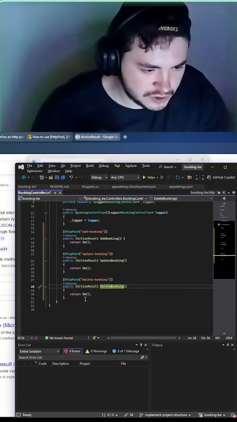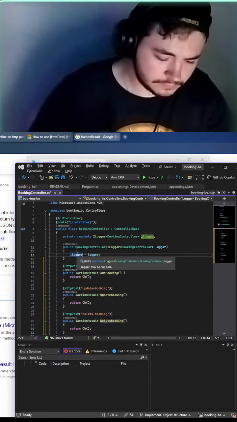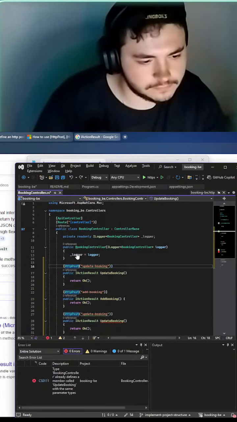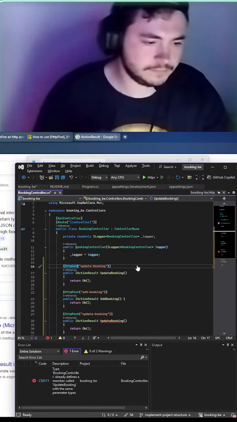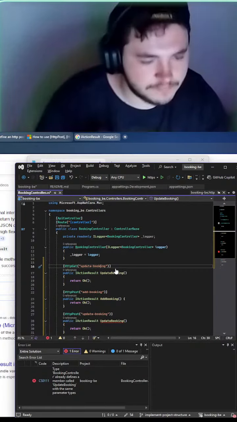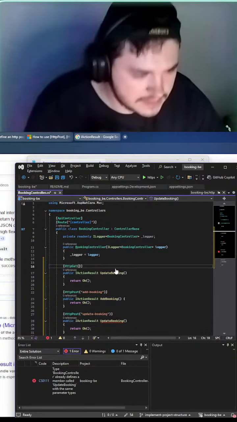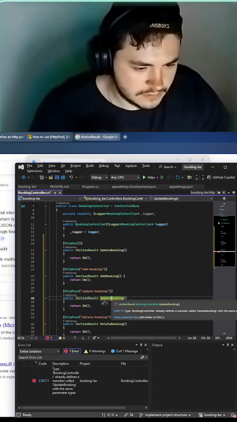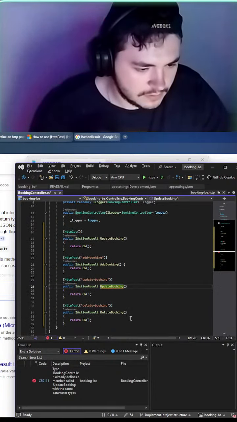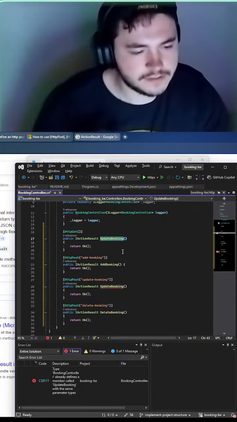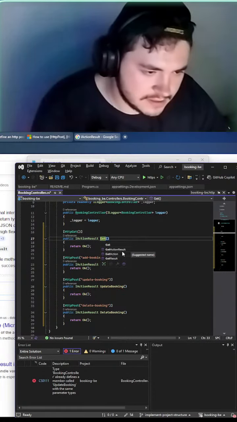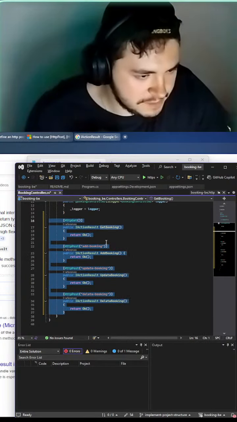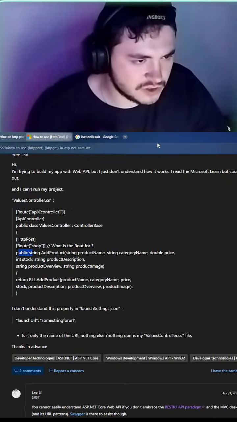Let's also maybe do an HTTP GET. Very simple. And for the HTTP GET, I don't even think we need this. Delete booking, update. Here. This is called get booking. Cool. Okay, so I think this is a very basic structure for how we can get this to work.